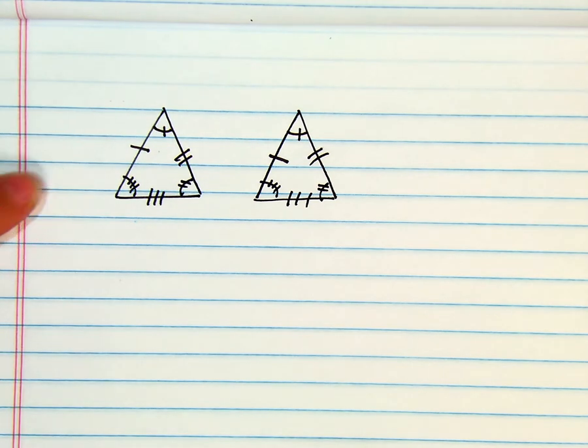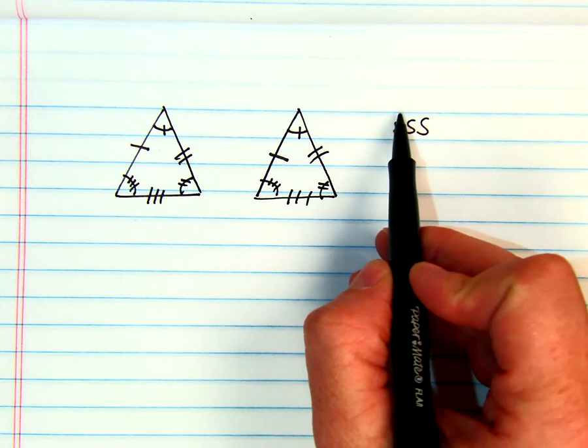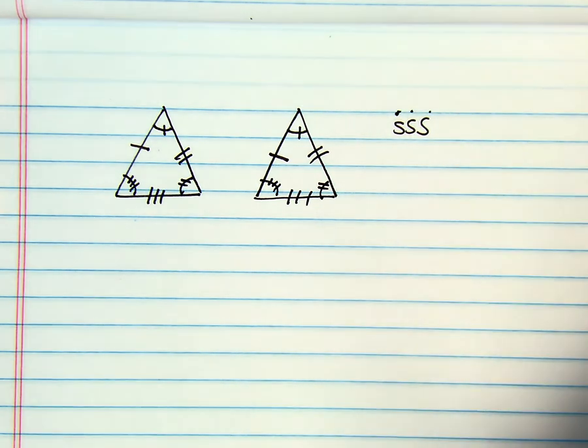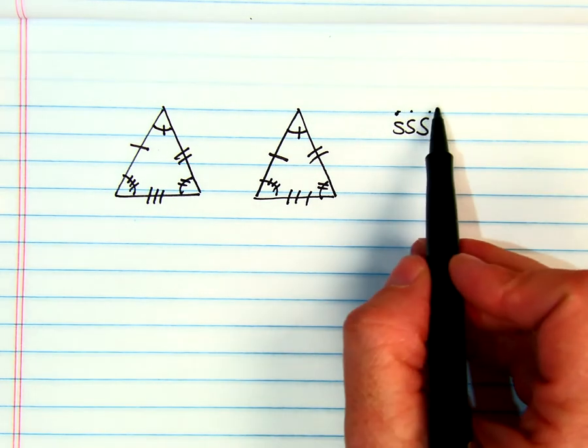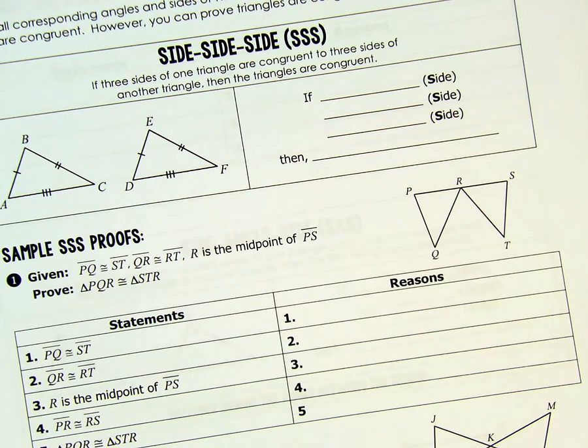So that's where we start talking about side, side, side. Meaning, if I know that 3 sides are congruent to 3 sides of another triangle, then everything else is going to be congruent as well. Okay, so let's start off with